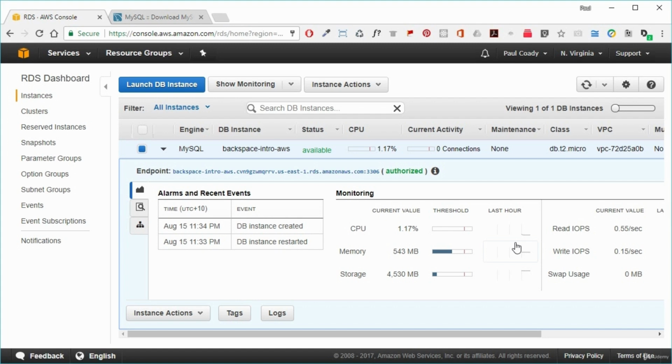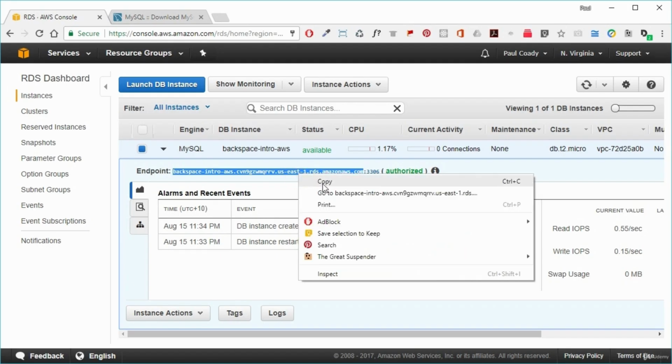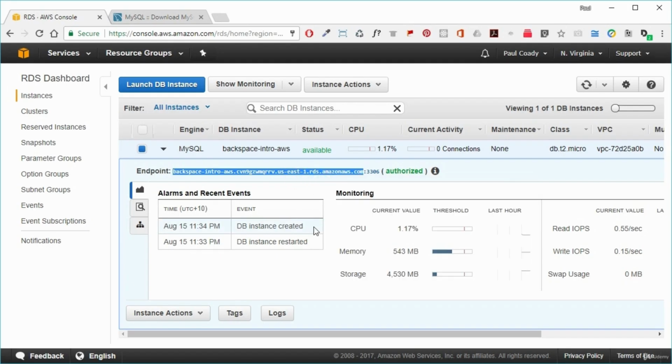So the thing that we need to understand here is that we can now connect through to this RDS instance through an endpoint, and that endpoint is here. So we need to take note of that, and the part that we're interested in is the endpoint domain. So everything there finishing with amazonaws.com, and we don't include the :3306. We just select that.